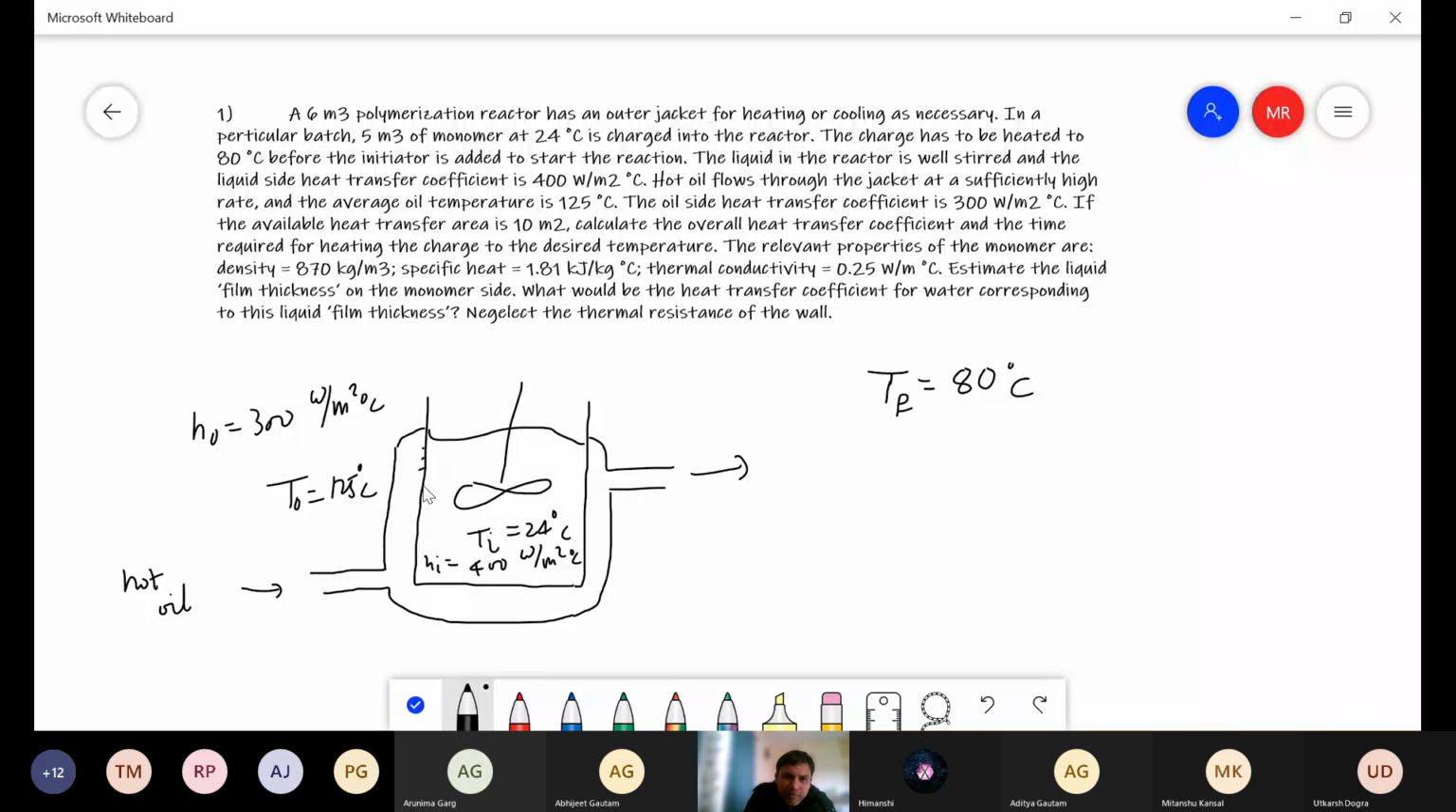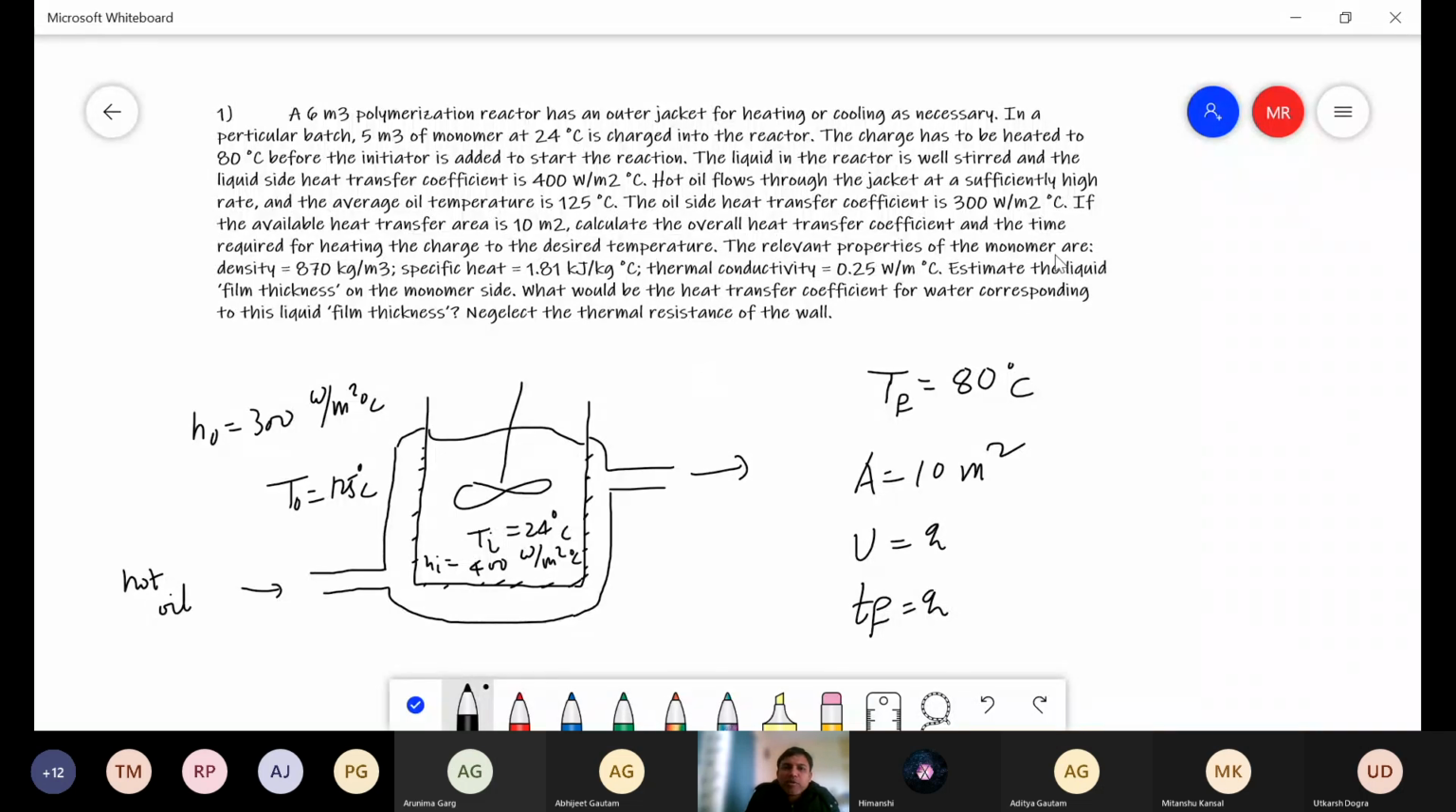This area here, remember, is the heat transfer area, isn't it? So heat transfer area A is given as 10 meter square. Calculate the overall heat transfer coefficient and the time required for heating. So we want to calculate U first, and then the final time tf. This is what we want to calculate in part 1. In part B,